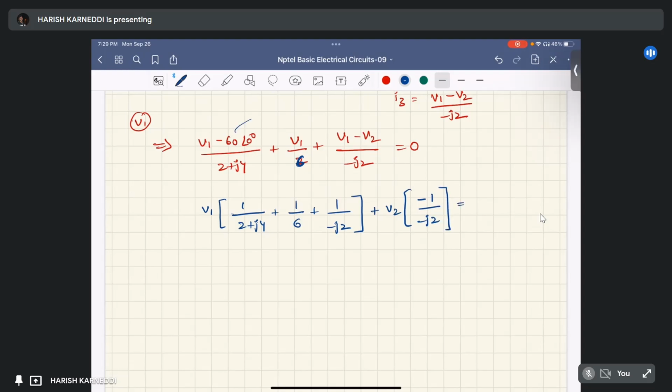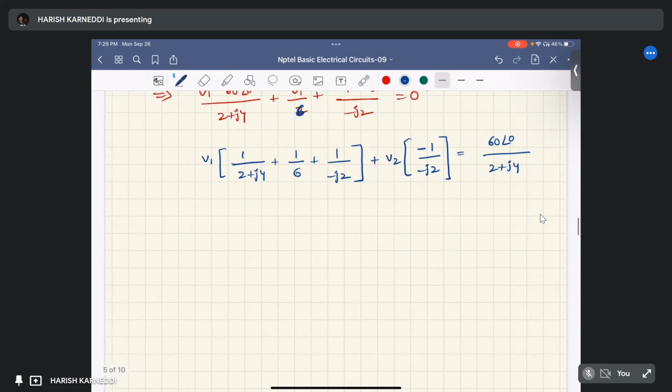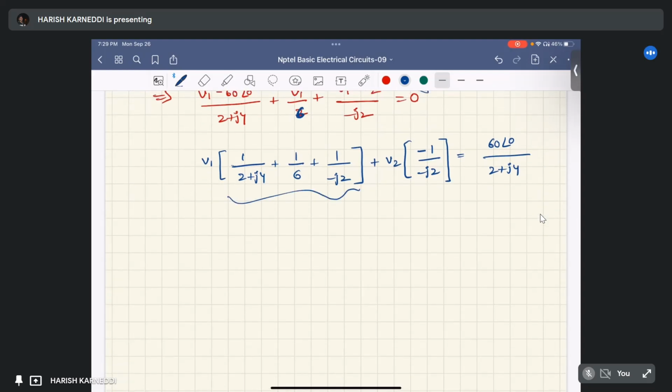We can bring this 60 at an angle 0 to this side. It is 60 at an angle 0 by the denominator, which is 2 plus j4. The negative sign will become positive. So we can find this equivalent, which is 1 by 2 plus 4j plus 1 by 6 plus 1 by minus 2j, which is equal to